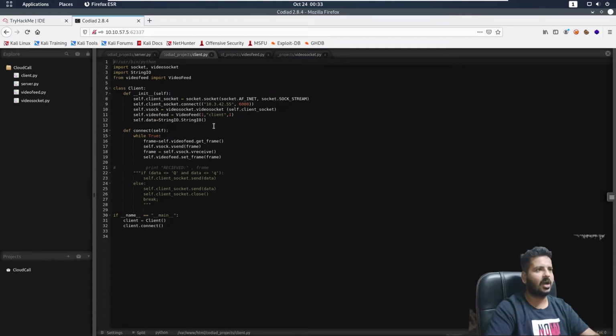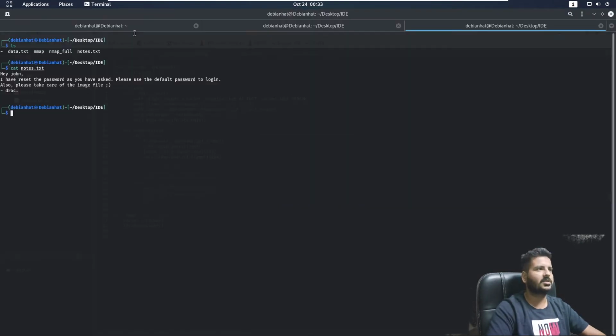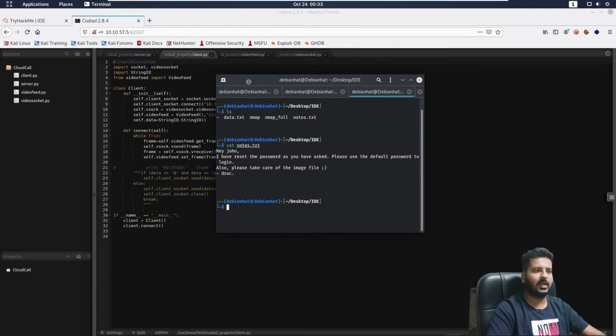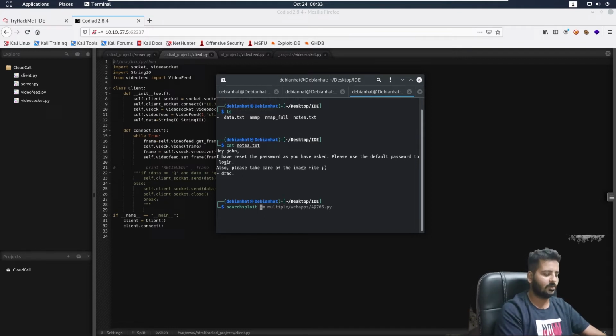Therein we can check how we can execute them. Okay, if they are executable, or before that we can look for some publicly available exploits as well. Okay, before that let's look for publicly available exploits, or we can look for searchsploit as well. So let me go and check for searchsploit if we can get any exploit out there. Searchsploit, and let's check for CODIAD 2.8.4. Do we have anything for this?